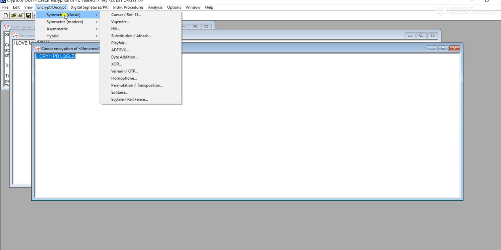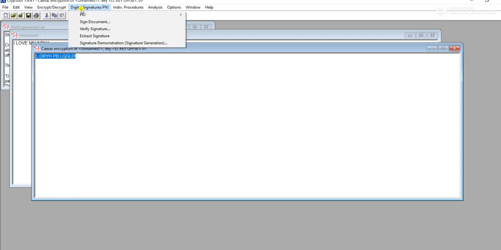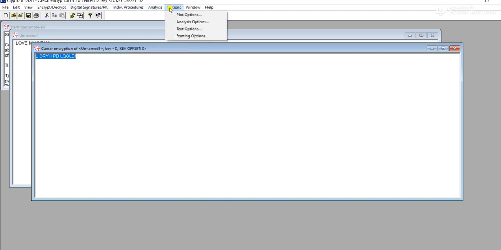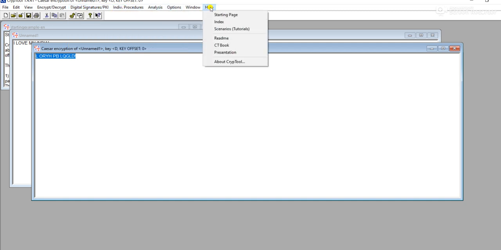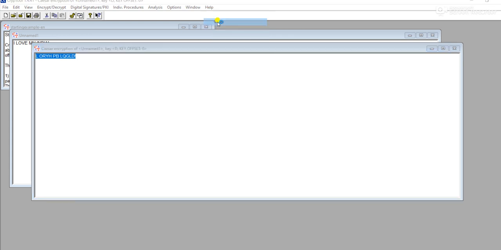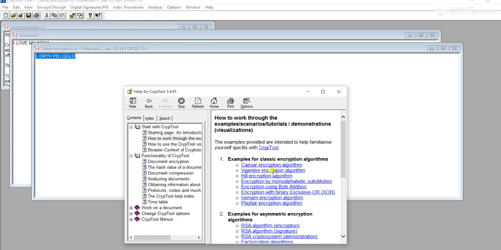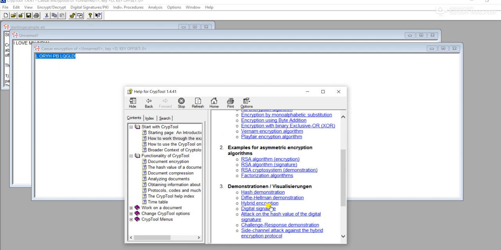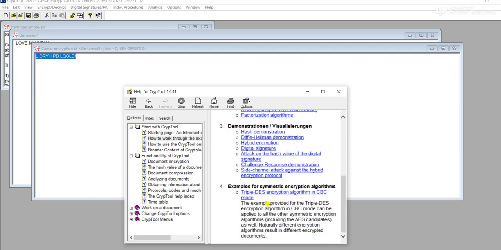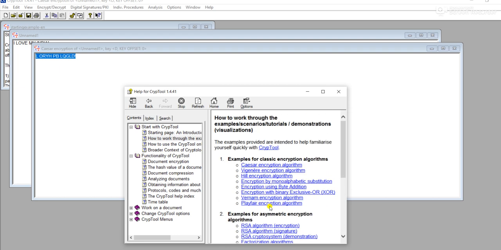You can just go through it and explore it. Regarding digital signature creation, I'll be uploading a video soon, and if you want to learn more on your own, you can go to the Index in the Help menu. In the Work Through the Examples, you could find numerous encryption algorithms, asymmetric encryption algorithms, and various demonstrations, which would help you in your self-study.